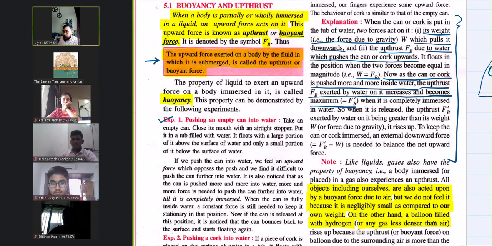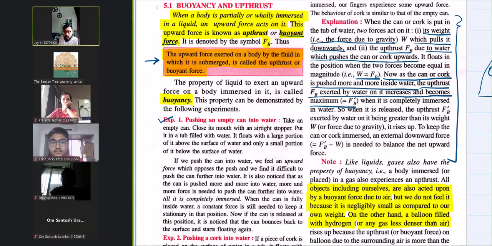Okay, when you release that force which you have exerted on that submerged body, the body will automatically come up. You might have seen that. You can also do this experiment with a wooden piece or a cork. You can put it on the surface of water, see that it's floating, push it below, you will see that more force is required to push it below.